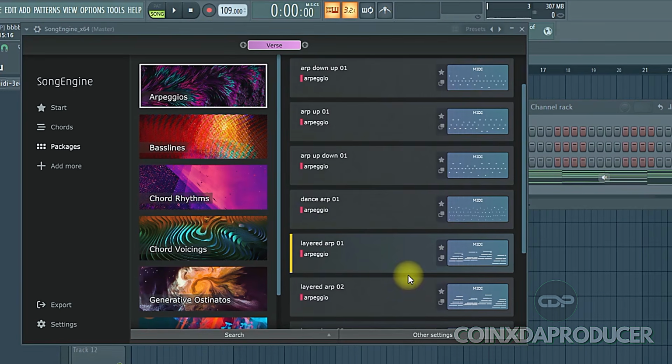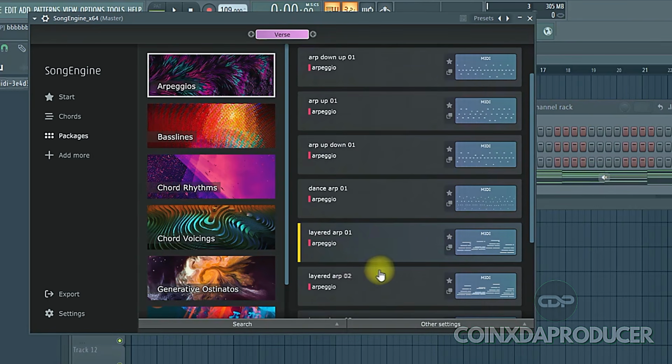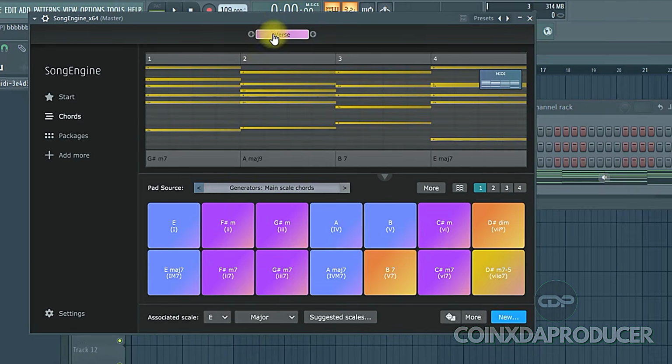Alright, now let's say we are okay with this type of sample. So once you get that particular arpeggiator sample selected,